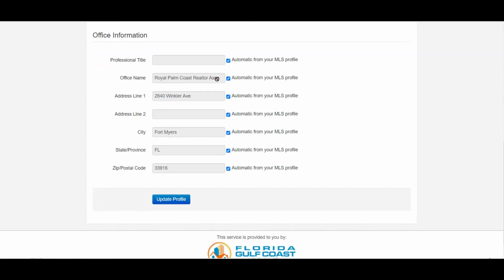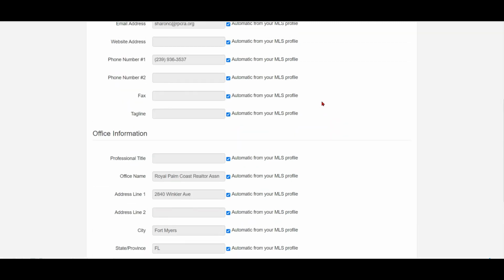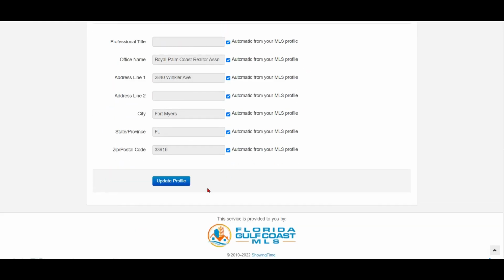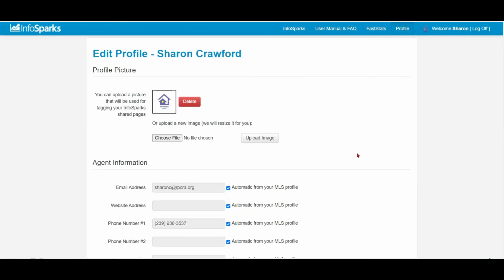And then this information should automatically be populated, but make sure it's correct. Deselect that box if you need to change anything, and then reselect it once you're done. When you're all done with everything you want to add, just scroll to the bottom and click on Update Profile. Now when you download or save the reports, they're going to be branded to you with your logo and your